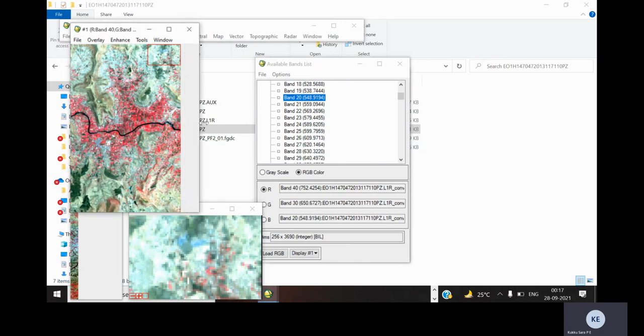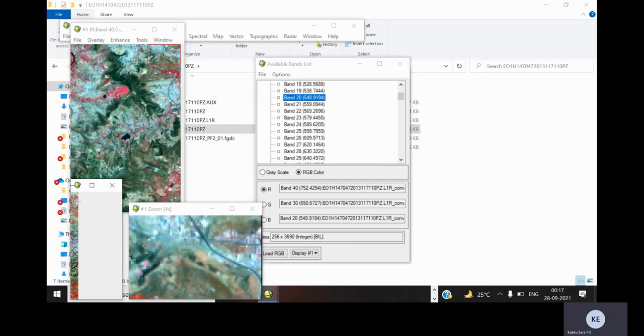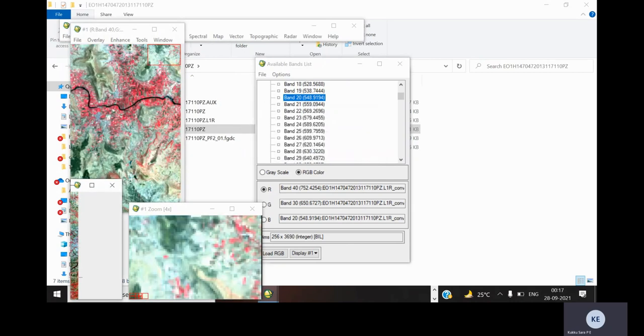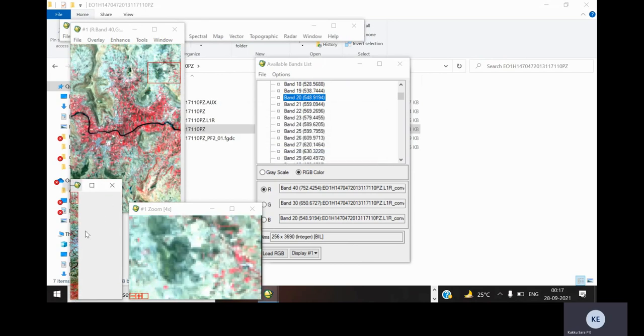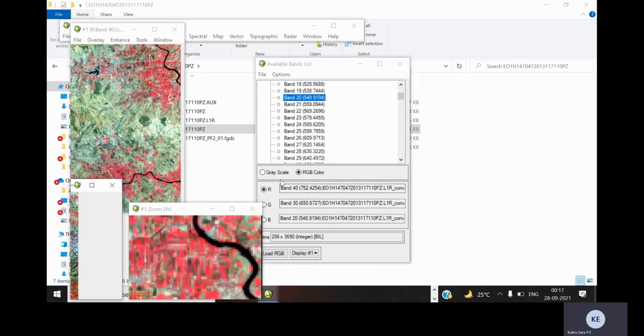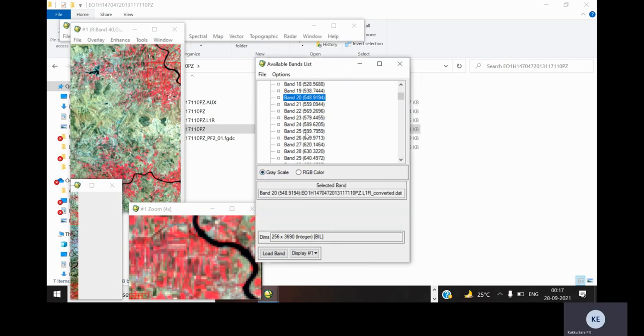This is zoom 4x. This is the original Hyperion data. And for opening the grayscale image, you can click on grayscale and just select the image. This will give the grayscale image.